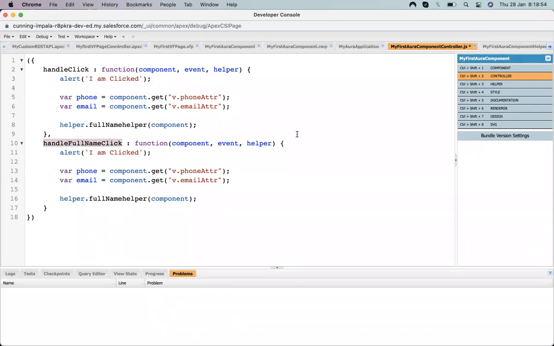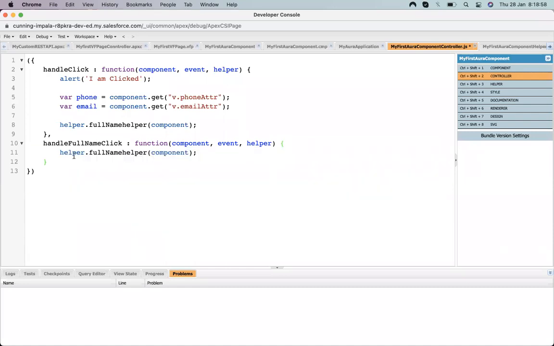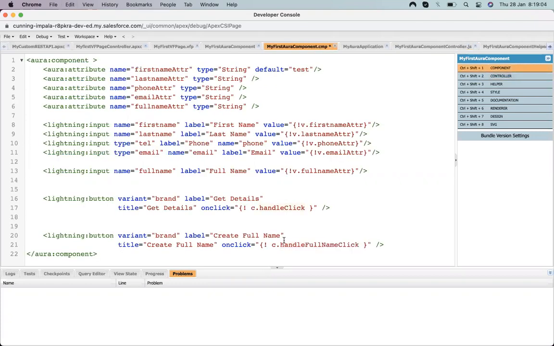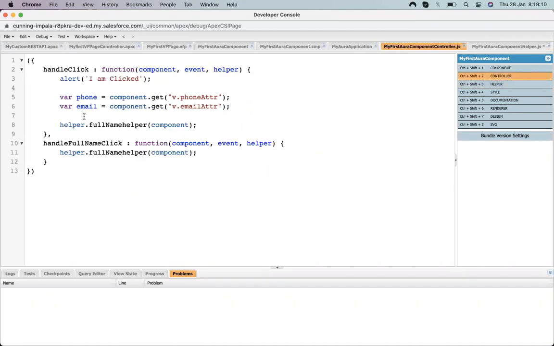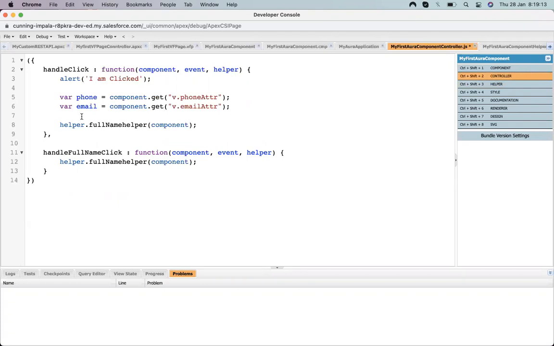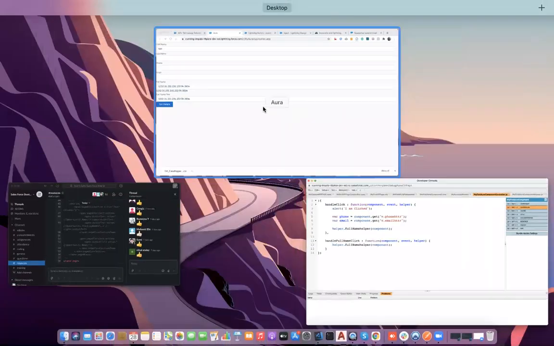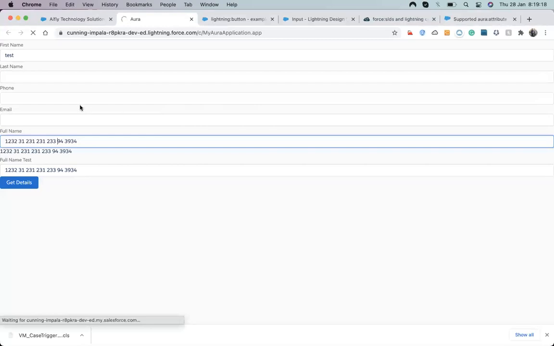I copy this method name and remove all this code. I just keep only the helper method. The same helper method is available for both components, meaning both actions have the same helper method to do the job. So let's have a look.